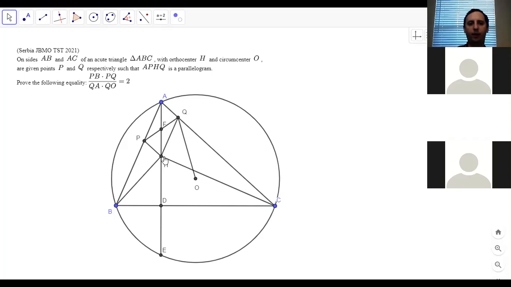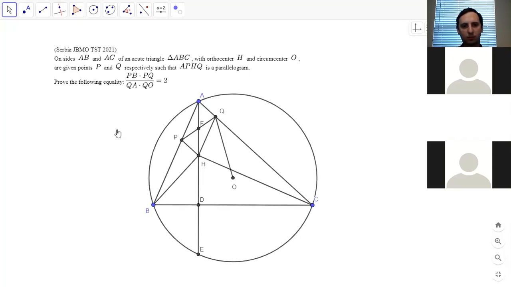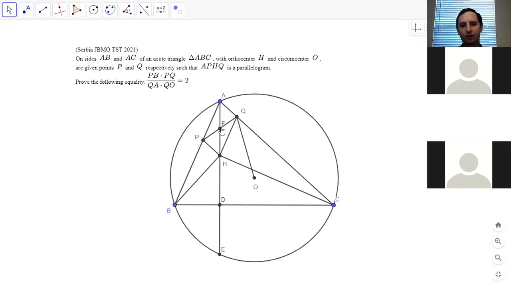Is there a way to show that FH over QH is OC over CQ? Okay, Michael. Okay, so we need to prove triangle OFQ is similar to CHQ, which means that we need to prove FQH is similar to OQC, right? Yes. Yeah, and we have